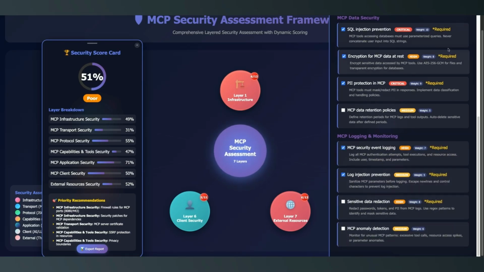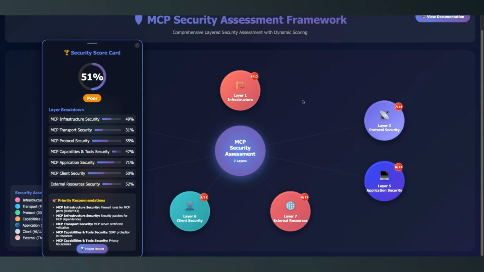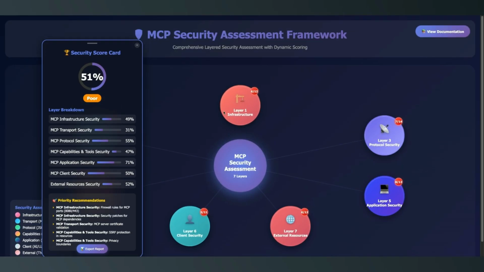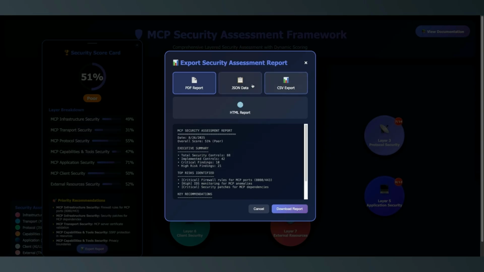So once you select all of them, you again see there is a dedicated score generated based on the checklist items that you have already developed or configured as part of your MCP server. Now you can also export this as a report. You can export as a PDF,